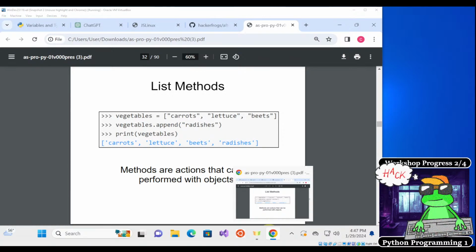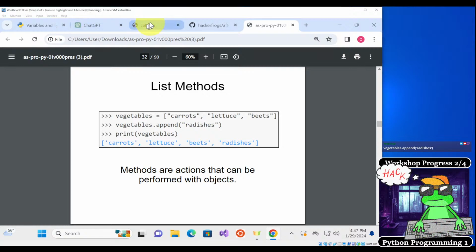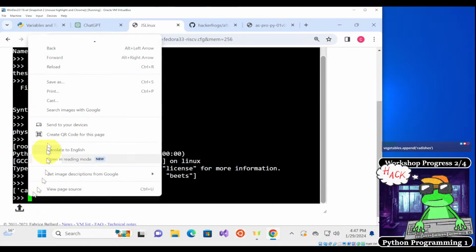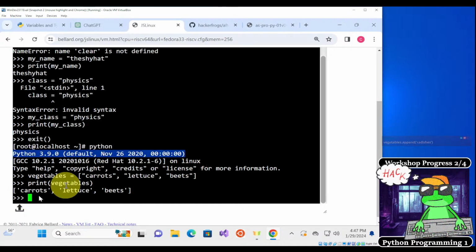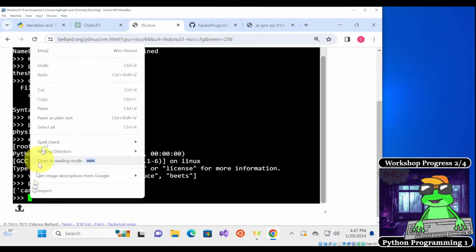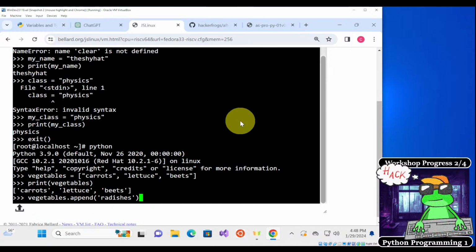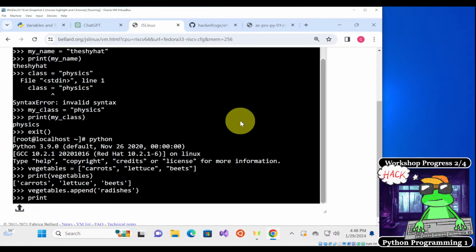If you guys want to add this to your interpreter over here, of course you have to right-click to paste. Let's try that again. So vegetables.append radishes is going to add an item to the vegetables list. And then we can try printing it again.